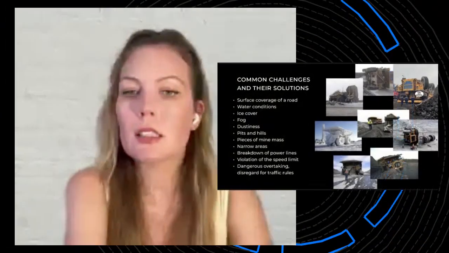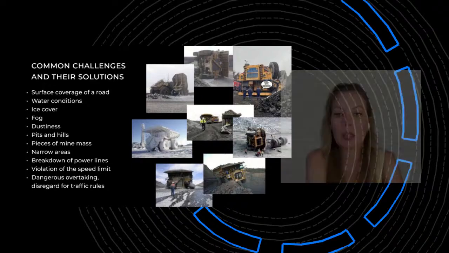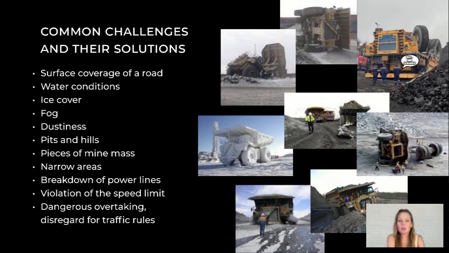So next, let's discuss some of the biggest challenges our internal quarry roads present and how we can address them. Each of these issues can lead to serious consequences if not managed properly. First, road surface problems. The quality of the road material needs to be high to minimize tire cuts, increase the speed of heavy-duty vehicles, and reduce rolling resistance.